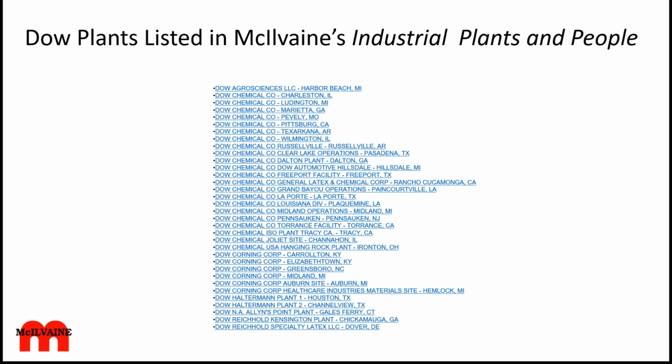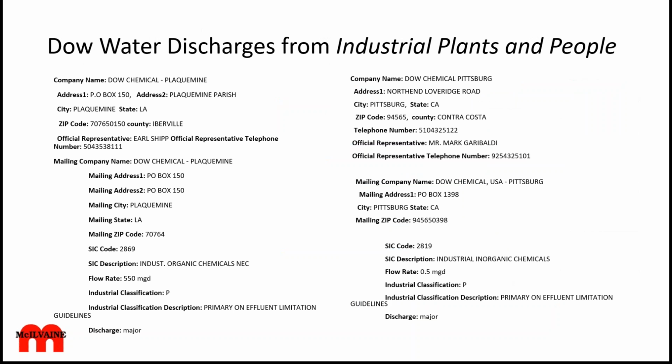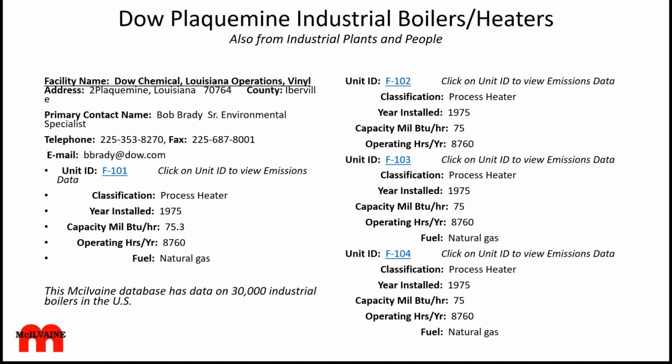There is ample information now in this digital world about all the different plants, and here happens to be, out of one of our databases, the table of contents that when you click under Dow, and then if you go into things like their water discharges, you can see that one plant at Plaquemine is generating a flow rate of 550 MGD, and that's huge. That's 550 million gallons a day, a very large outflow. A more typical one would be Pittsburgh, California, where it's only half an MGD. But that kind of information is available and helps you set your sights on what should be done at a